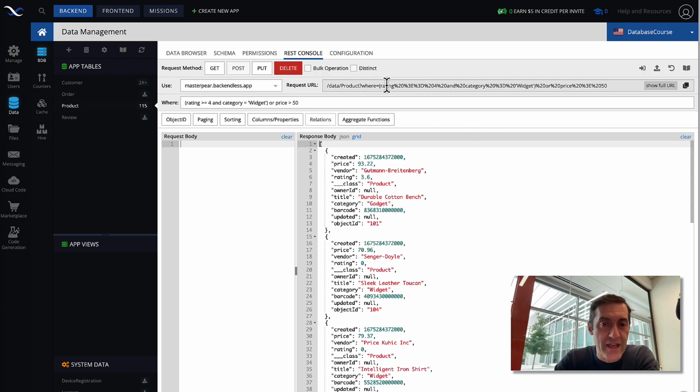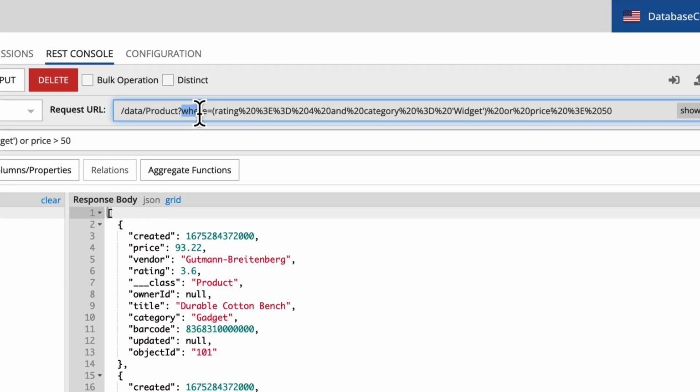Notice that in the actual endpoint URL there is a parameter called where, and then followed by the equals sign and the actual where clause that is here, URL encoded. So when you use REST, it needs to be URL encoded. And if you're not familiar with URL encoding, just Google URL encoding. There are pages online where you can provide it a string and it will perform URL encoding. And most of the applications, web applications, or if you use our SDKs, will automatically do it for you.